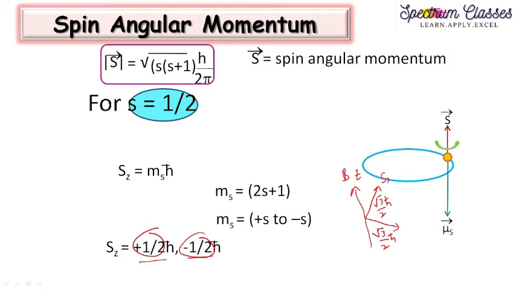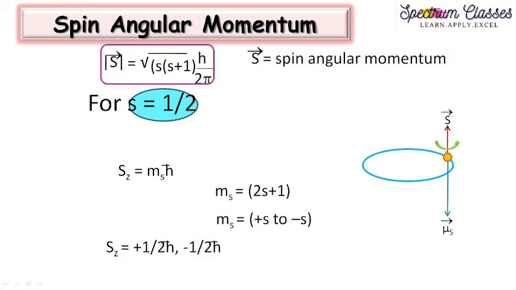So Sz is equal to plus half h cross, this is the direction, and minus half h cross is the direction. This is the magnitude, meaning the length of this vector. So that is the difference between these two: this is the S vector quantity and this is Sz. Sz is the component, the vector component in the z direction. So it means like that.